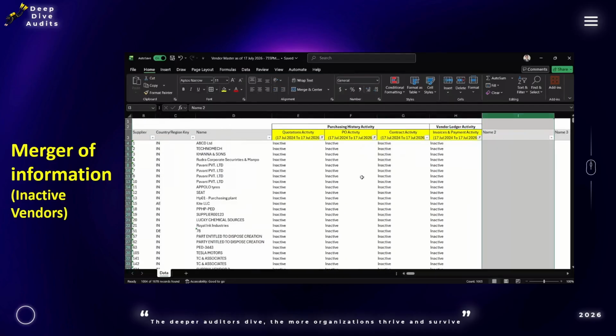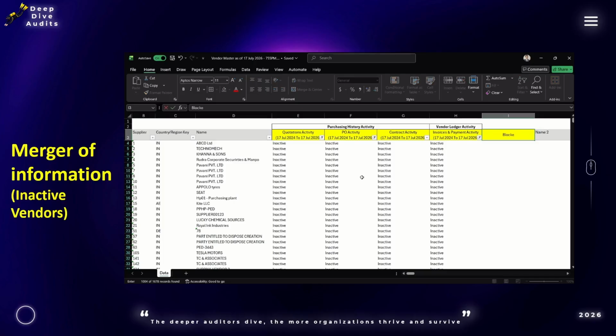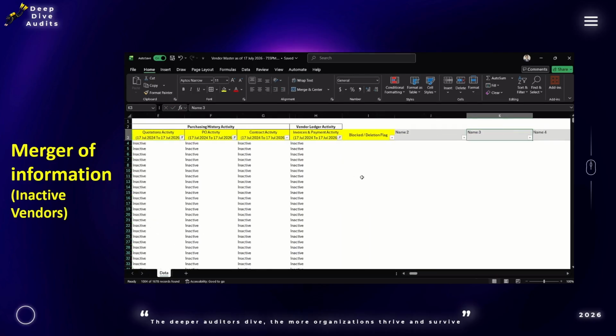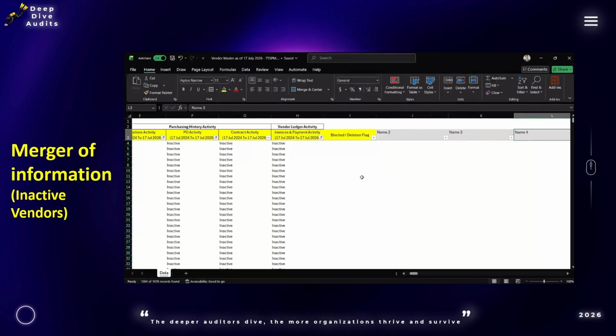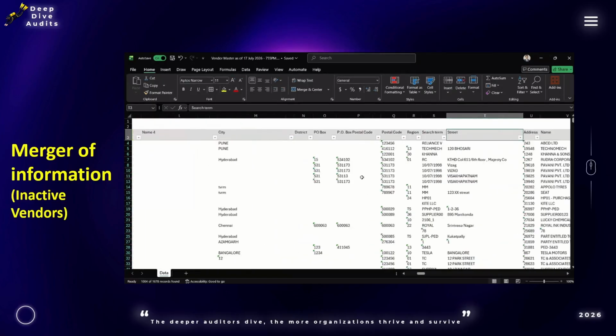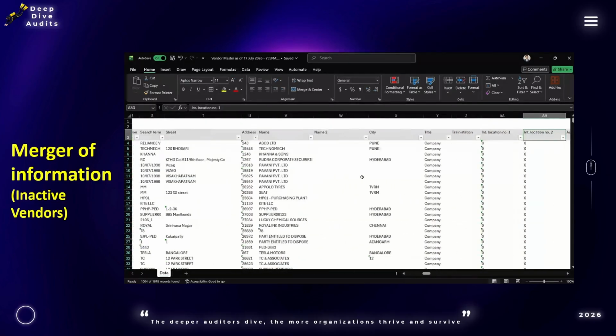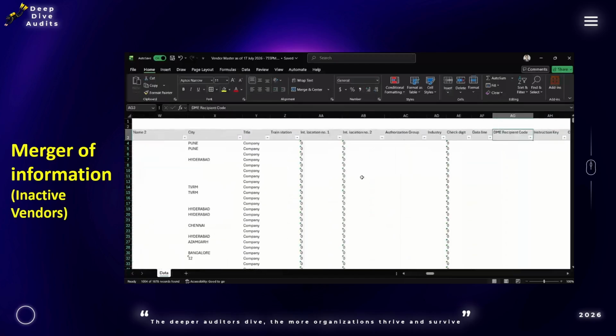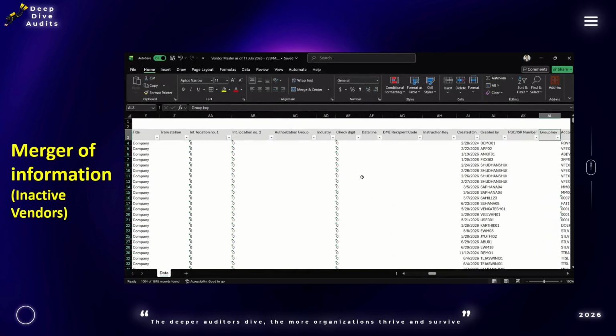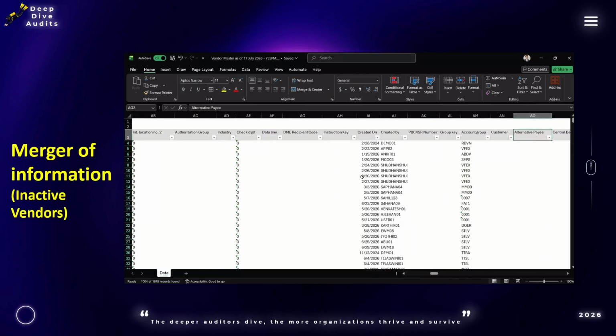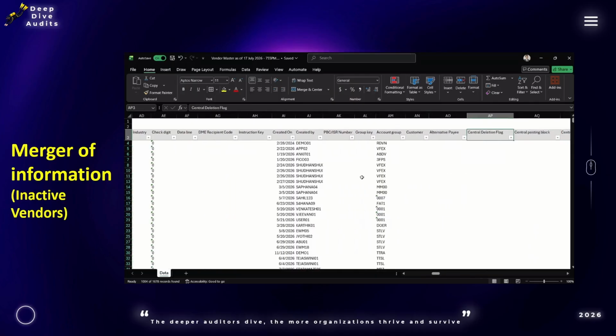We need to filter out the block status, right? So I will be adding a column for block or deletion, okay? We need to refer to this information, because it is available within this vendor master list which we extracted from LFA1. That's the benefit of getting this data from the table. So you can see this central deletion flag,